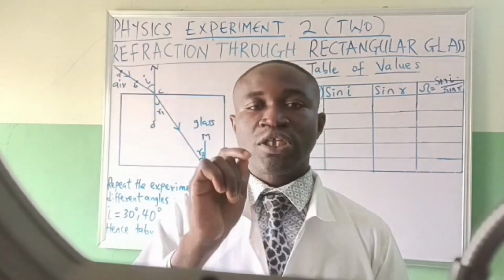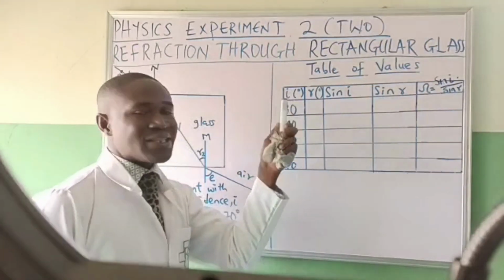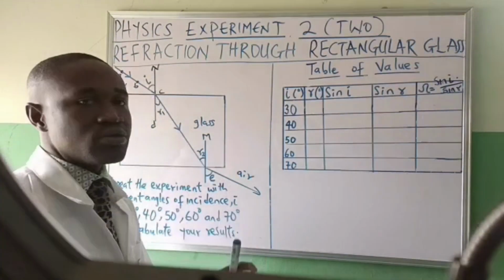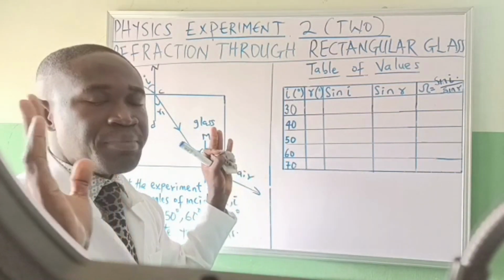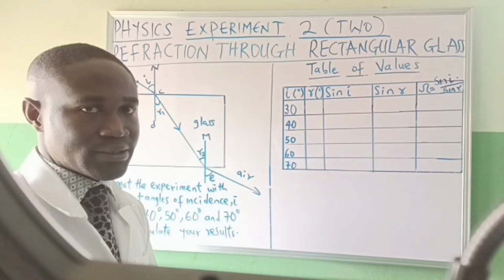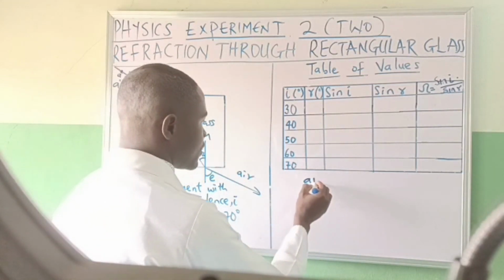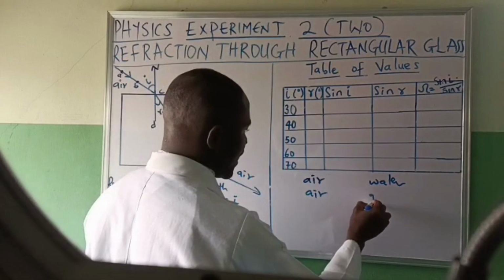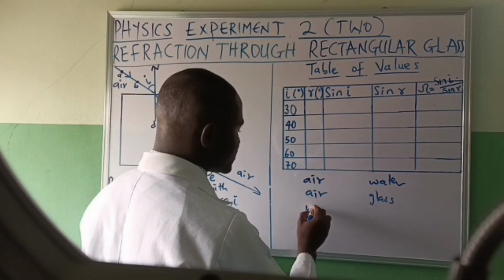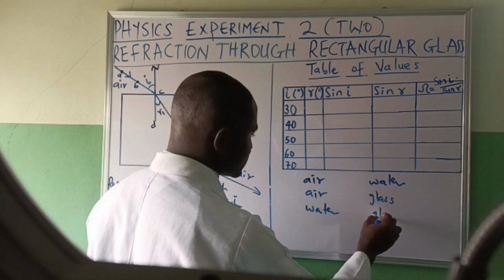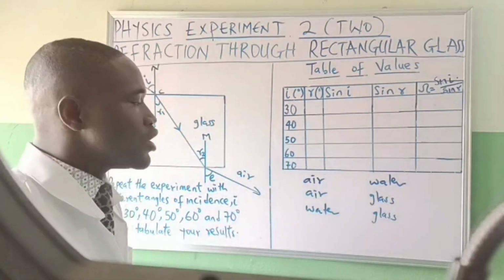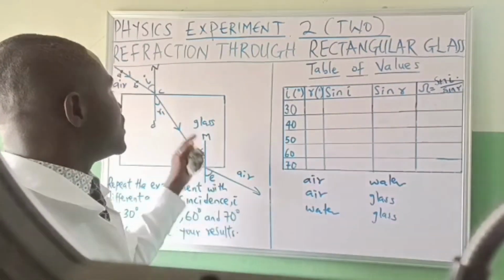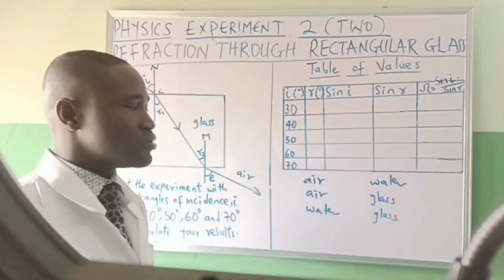In this video, we want to discuss refraction through a rectangular glass prism. From the word refraction, it simply means that two media will be involved. It could be air and water, air and glass, or water and glass. Now, when you are talking about air and water, I want you to know that in the topic refraction,